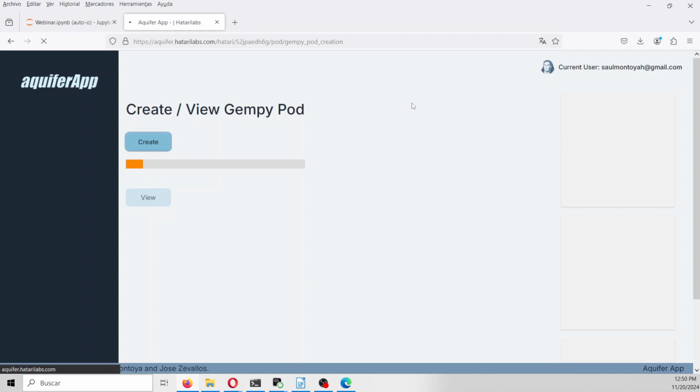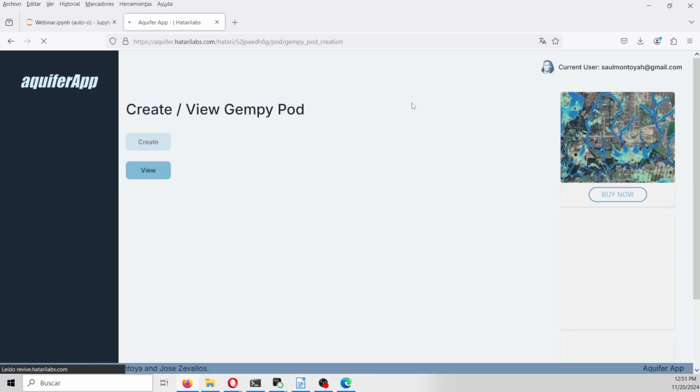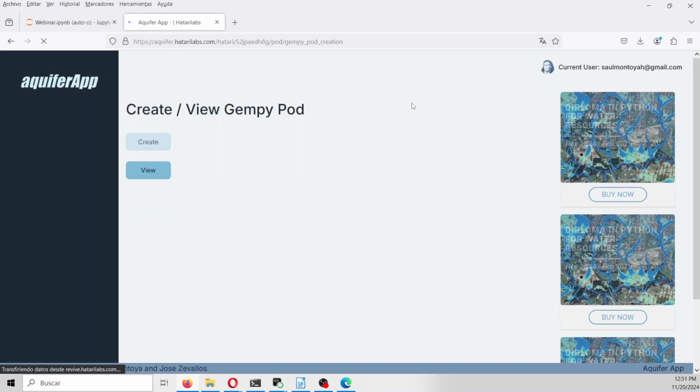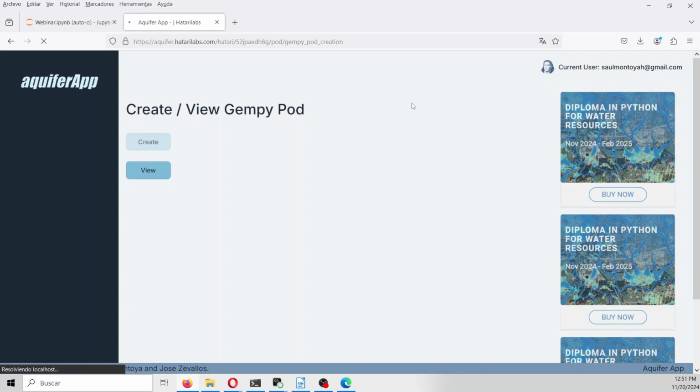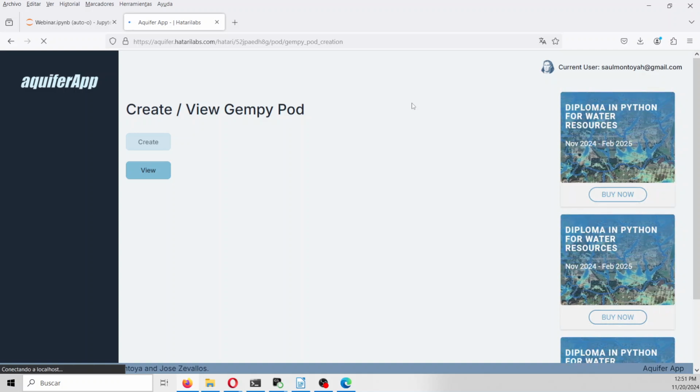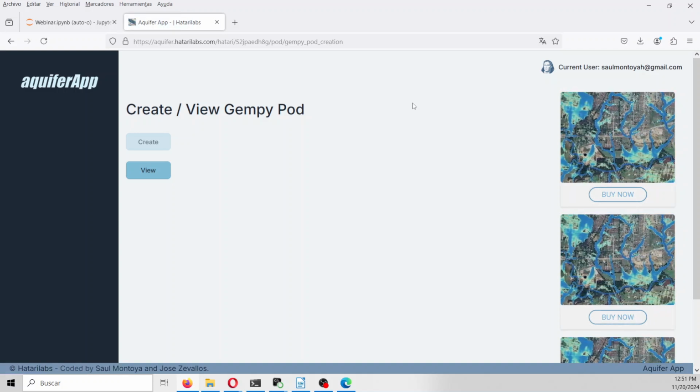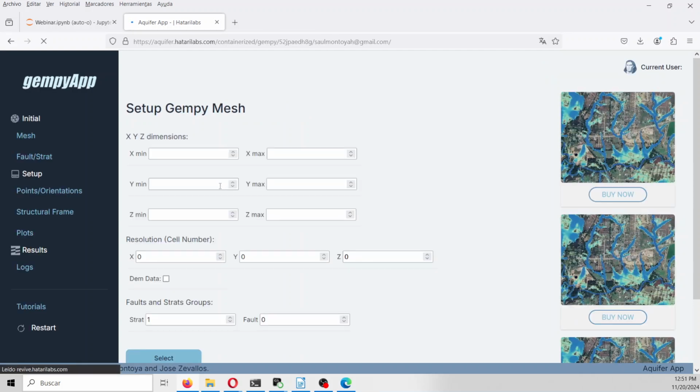What we have to create is a pod because we are going to virtualize our session. And why do we need to virtualize? Because some steps of this calculation actually take a lot of resources, so it has to be distributed. So we go to the view,